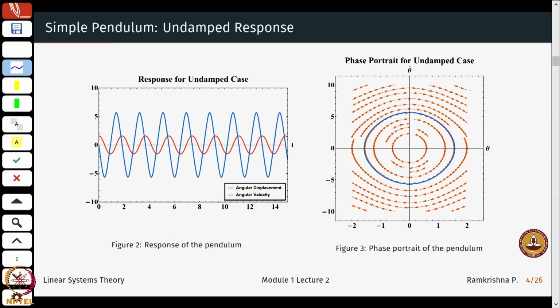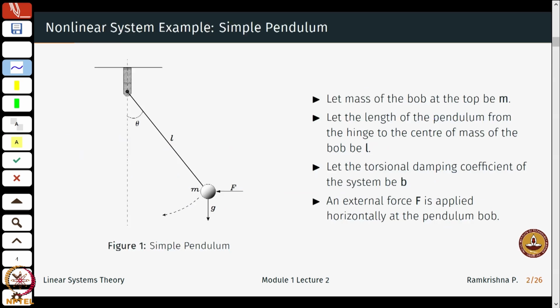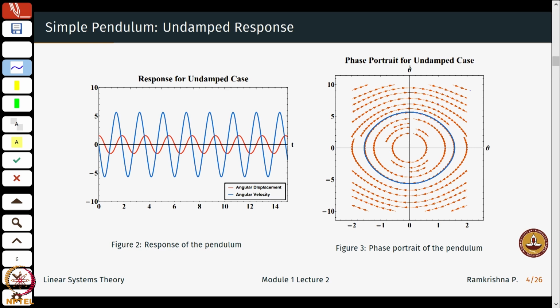Okay, so let's start with physics here, right? So if I subject this to some external perturbation and assuming there is no friction, what I would see is that the pendulum will be oscillating forever, right? So that is captured if I look at the evolution of theta and theta dot, they will just be periodic, right? So it will just be oscillating forever, with a time period defined by the parameters of the system.